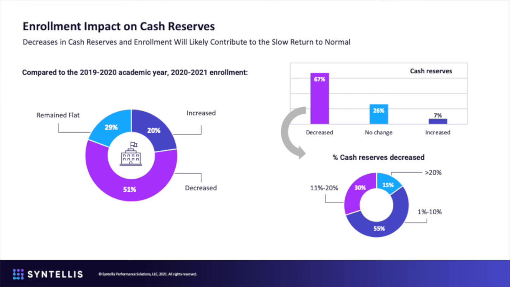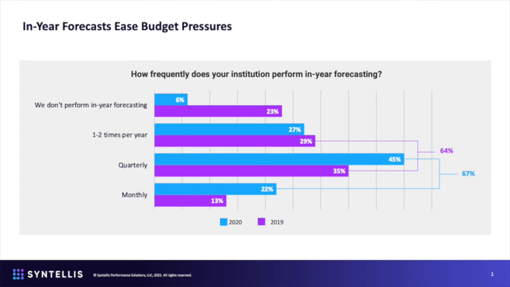So yeah, that's a great point. The other trend that we saw, and I think kind of predicted as part of going into the pandemic, was this need to refocus or spend more time on in-year forecasting. And I think you're getting that as well here. It's not quite the same as cash forecasting, but this 2019 survey, for example, is in the magenta color, and the 2020 is in the blue.